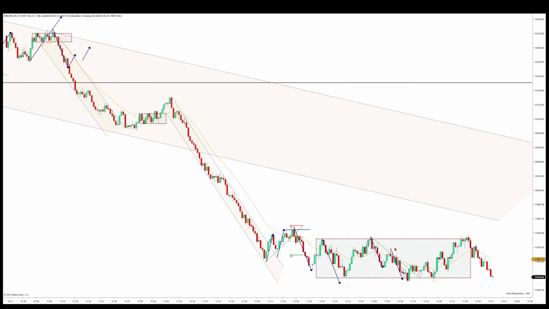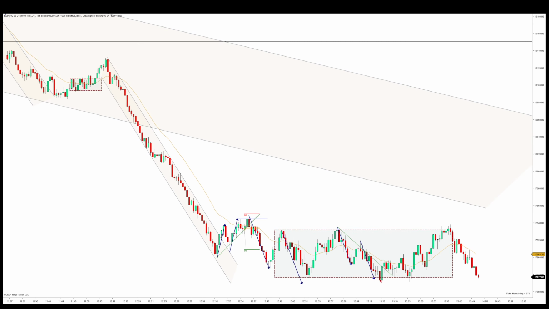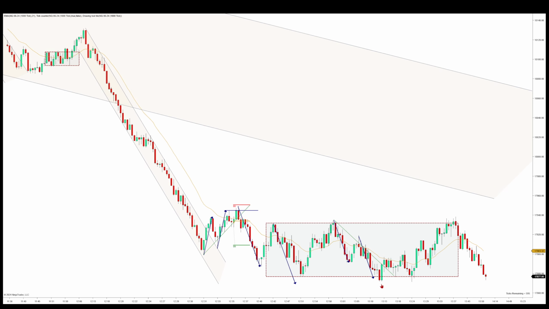Then here we get a couple legs back down. Now we get this green bar here, and if we had just closed above the EMA right there, then it's very likely that a better setup would have happened. But instead, it just closes below this trend line right here, and then it starts getting choppy on the next bars. They do break out of that trend line, but it's clearly not holding. It's clearly not able to get above the EMA, and so it pushes off the EMA, retests that low, and